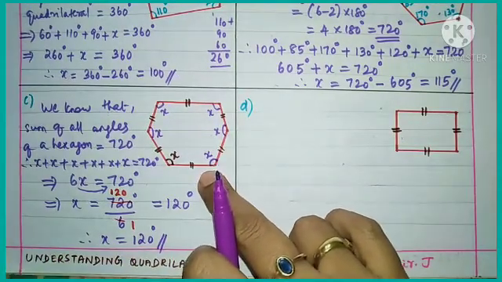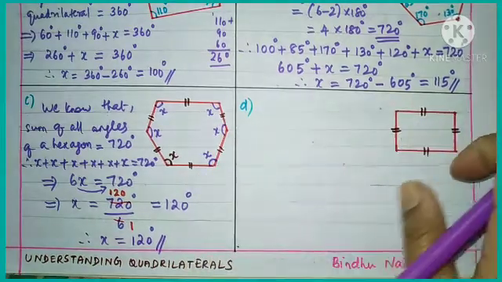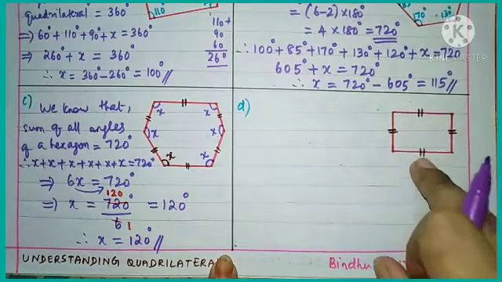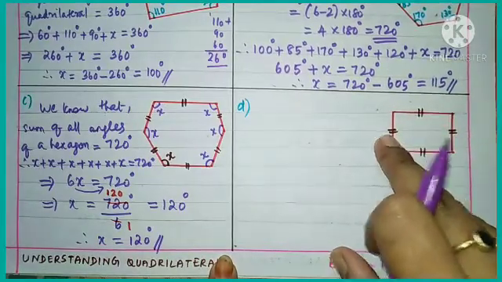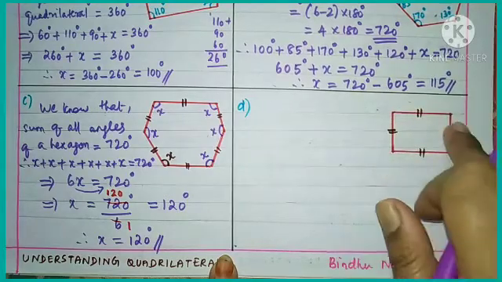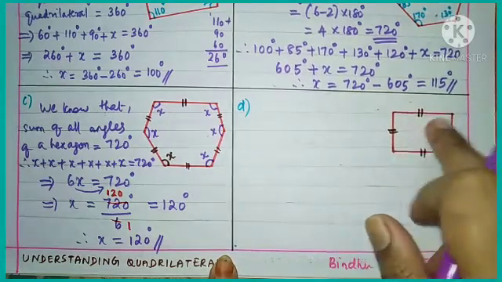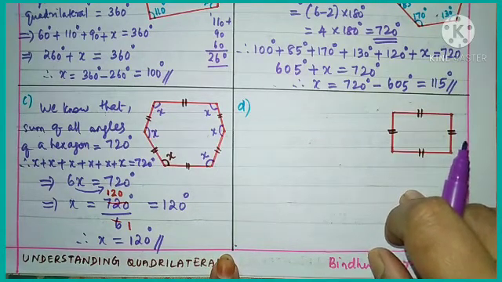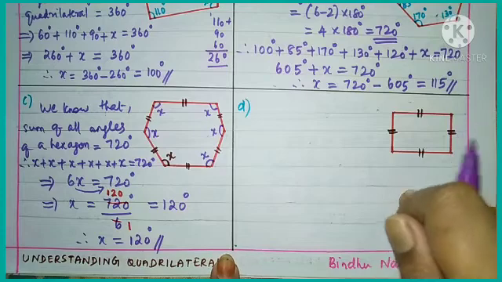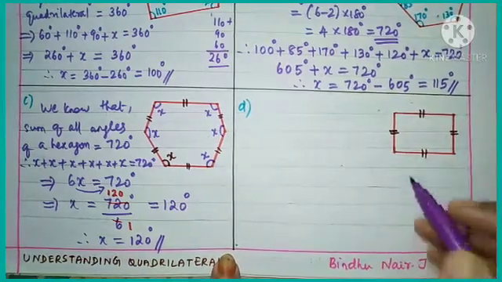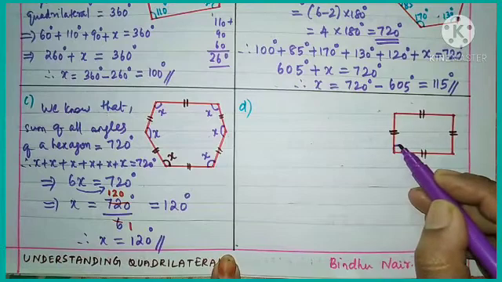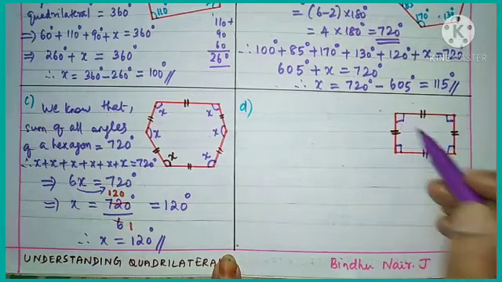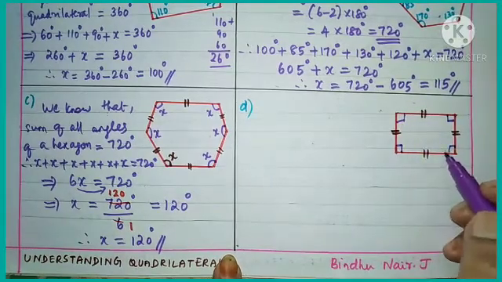Okay, now come to the last problem. What is given? Here also a four-sided quadrilateral is given, and here also this equal side symbol is given, so it is very easy to understand all the four sides are equal. So what is that type of quadrilateral when all the four sides are equal? Yes, very good. It is a square. Okay, so here for a square, it is very easy to understand what is the angle in a square. All the angles are equal to 90 degrees. You studied in previous classes.